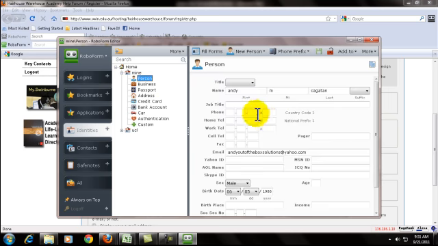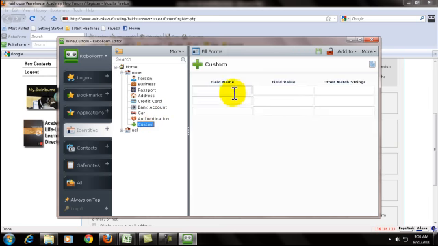I just set that up here on RoboForm. There are also custom fields if I want to add some other fields.